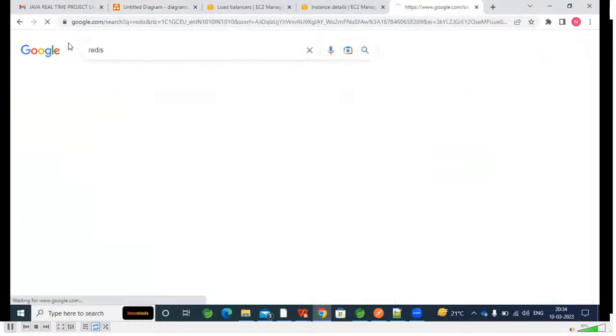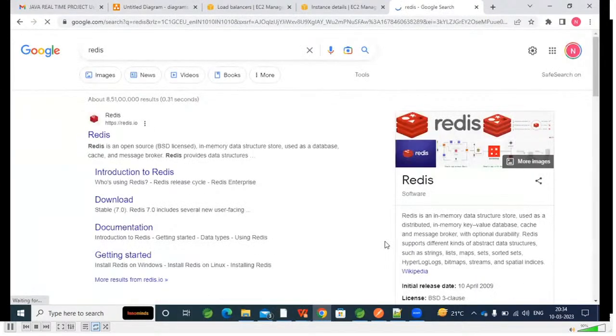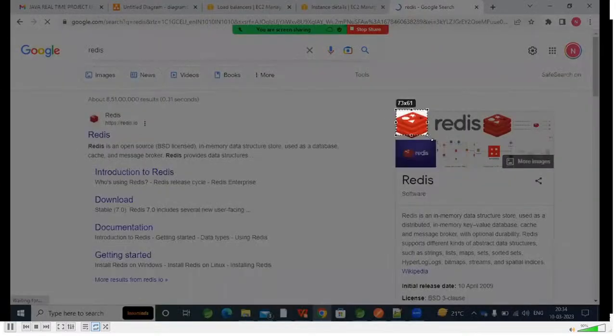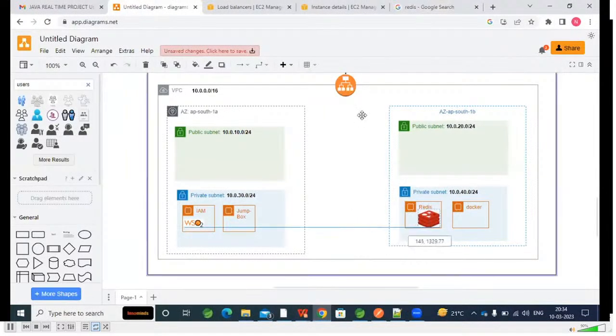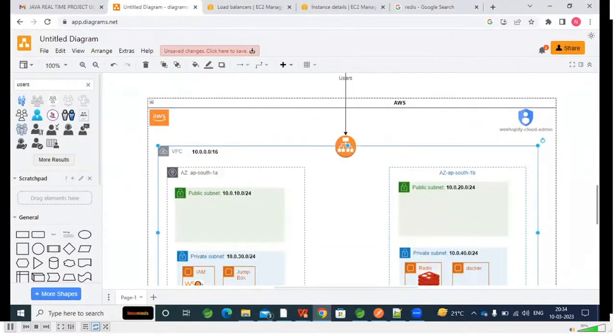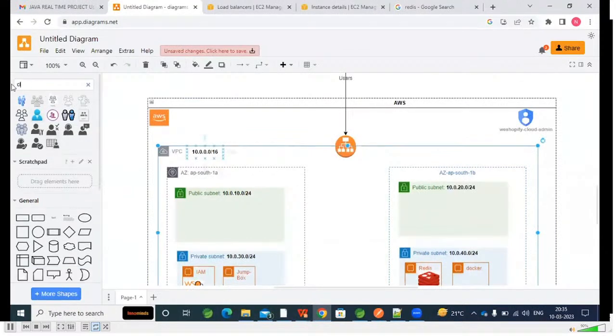Let me add that to this diagram. So in order to access these applications over the internet,